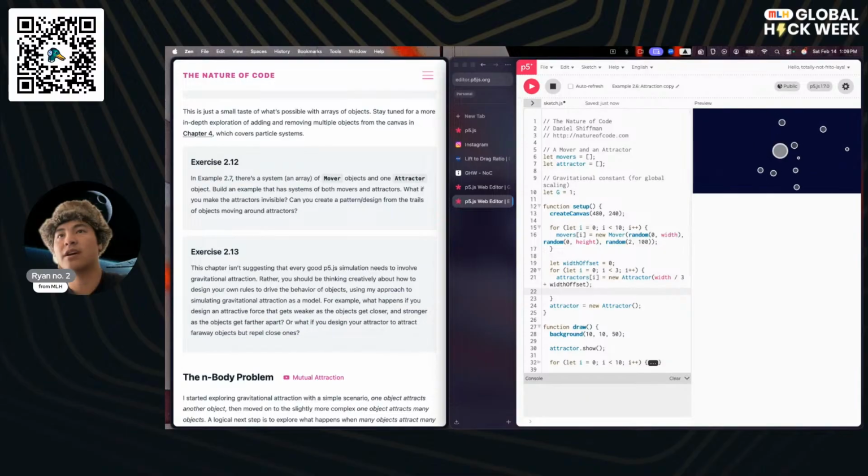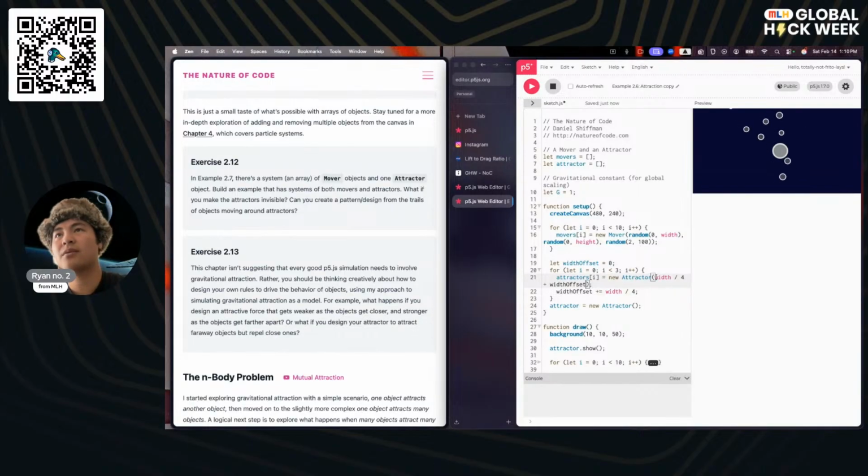And then we're going to add to the width offset plus equals width divided by 3. So that should make it cross a third of the screen. Actually, no, we would want it to be like a quarter of the screen. Because if we do a third, then the first one's going to be right here, second there, and the third one's going to be right at the edge of the screen. So if we do it by fourths, then we should have 1, 2, 3, since we're dividing the screen into fourths.